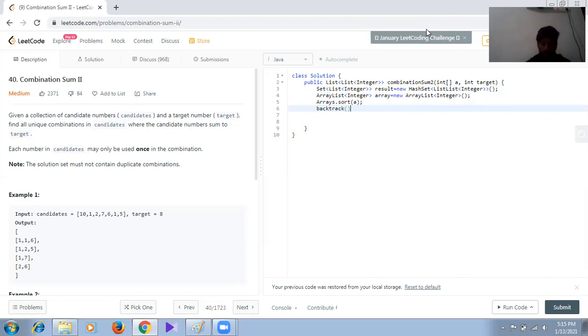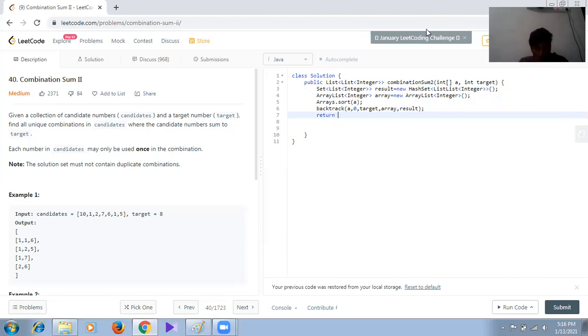In this method we will pass the array, comma, the starting index which is 0, comma, the target value, and also the array list, which is array, and also the set, which is result, where we will store all the final results. And finally we will just return this result.